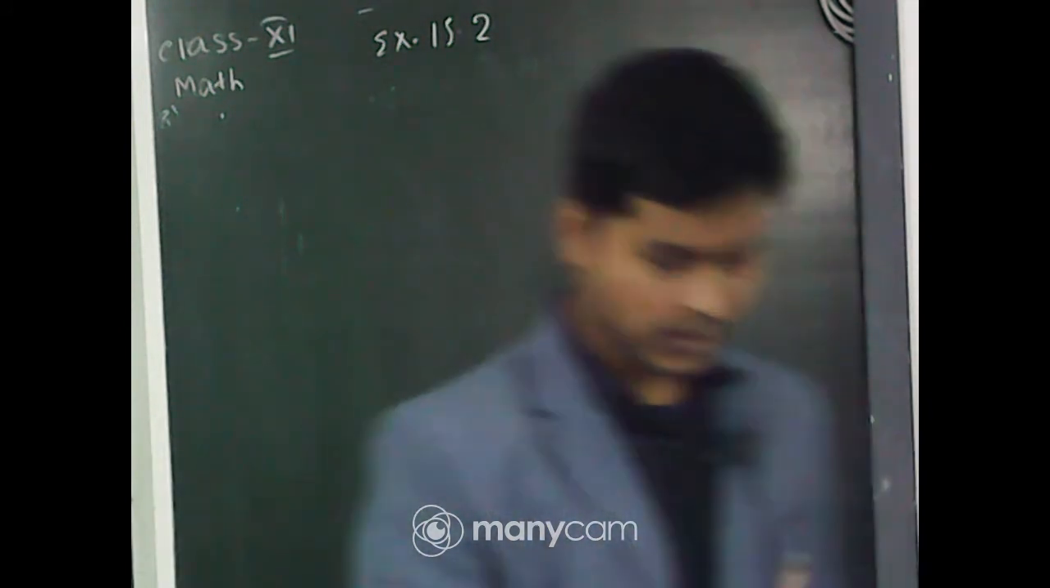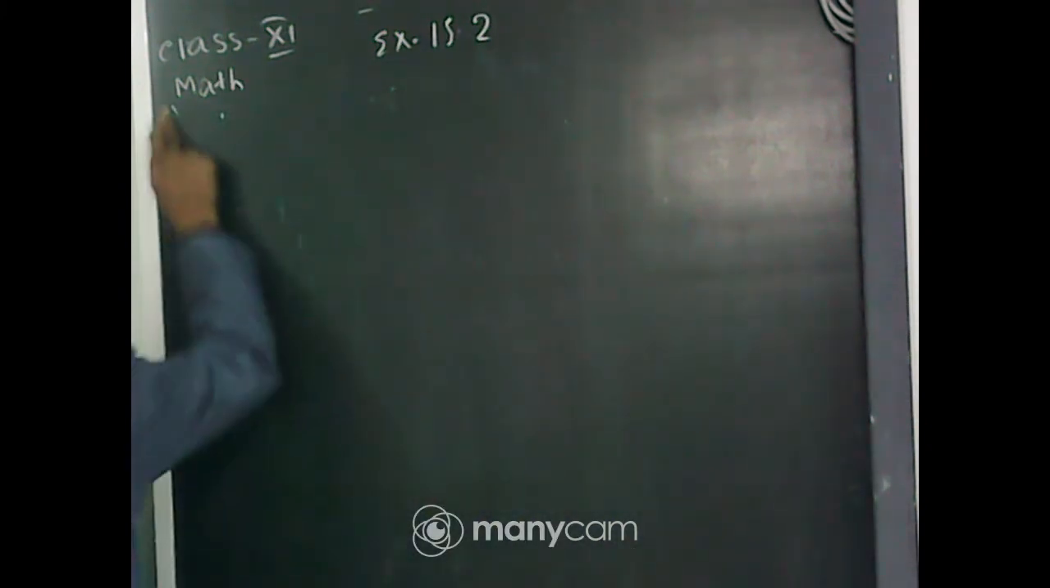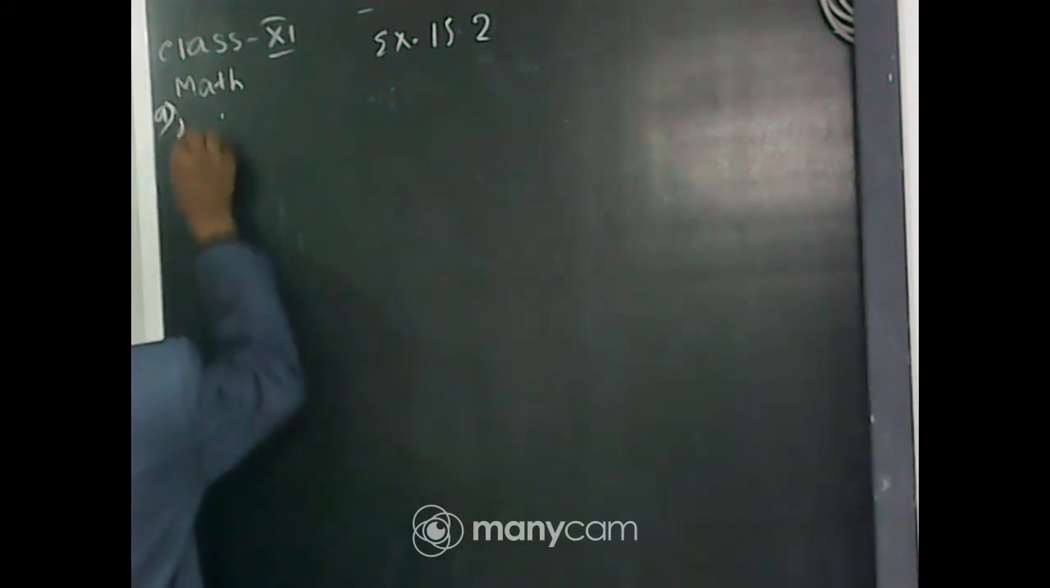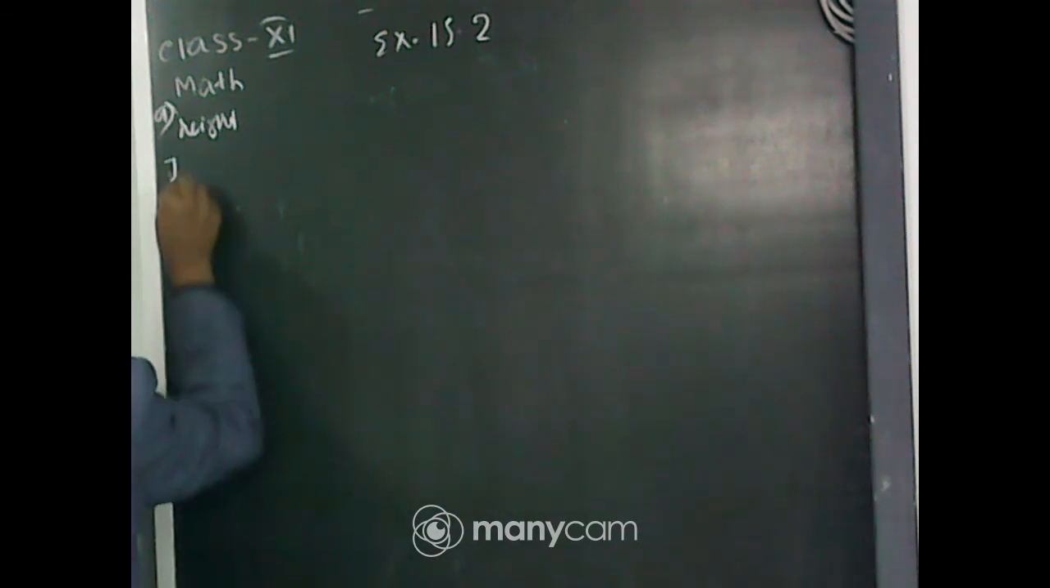Okay. Here we have to find the mean, variance and the standard deviation. So let's draw the table first. Question number 9. Height is given here. Height is 70 to 75,